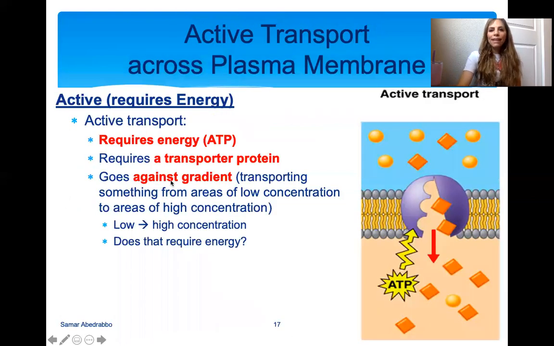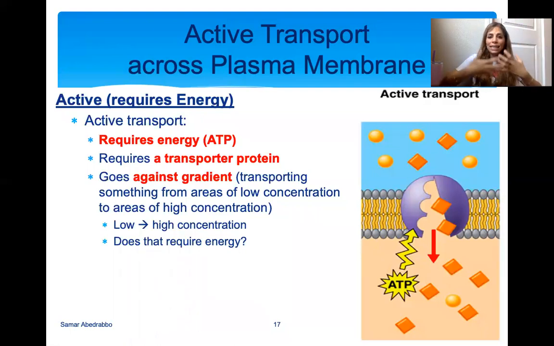Now we will talk about active transport. Active transport across a cell membrane is when molecules move across a cell membrane, but they require energy. So with active transport, you require energy. For cells, that means that you're using a molecule called adenosine triphosphate, or ATP for short. You require a protein for all active transport, and molecules are going from low to high concentration, which means that